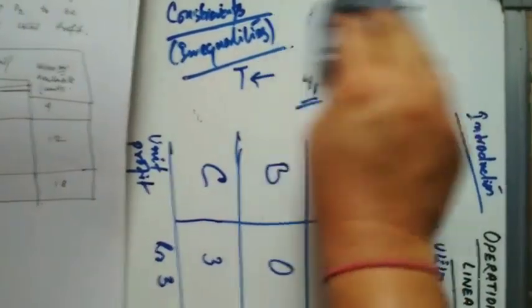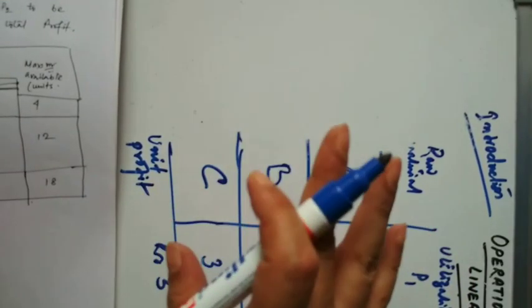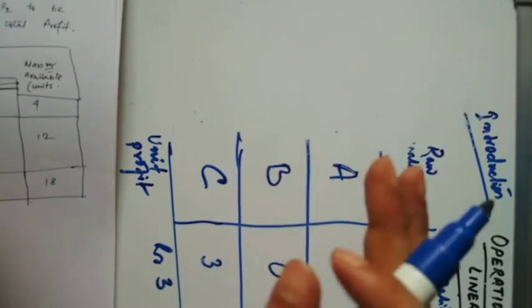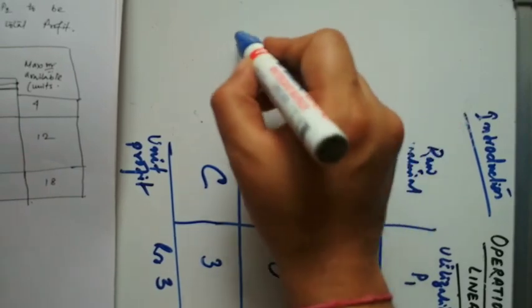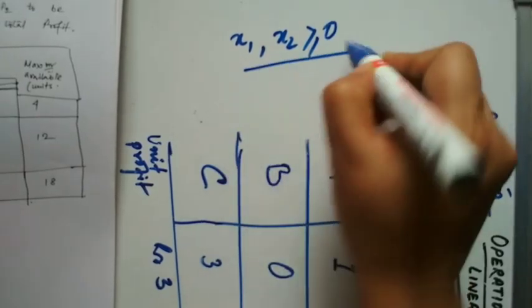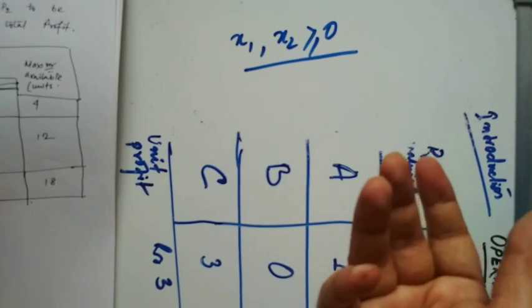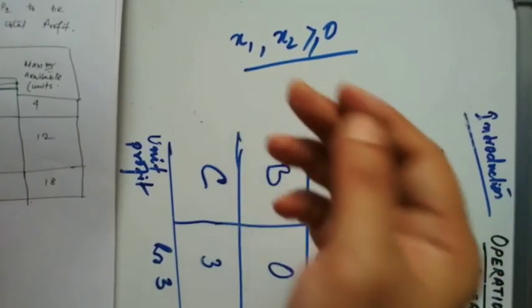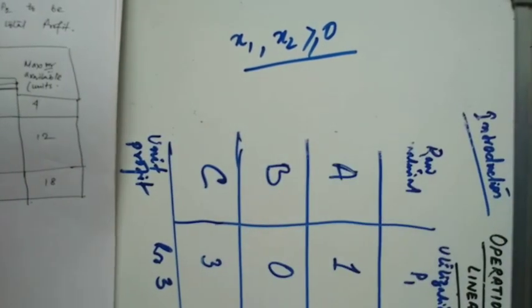Next comes the non-negative condition. I don't think it is very important to illustrate in a bigger way. You will understand it in the coming problems. When we have decision variables x1 or x2, they will all be greater than or equal to 0. That is the non-negative constraint, because we cannot have a product in a negative sense, that doesn't make sense. So all the products we are going to manufacture, or raw materials we are going to use, should be greater than or equal to 0. That is the non-negative condition.